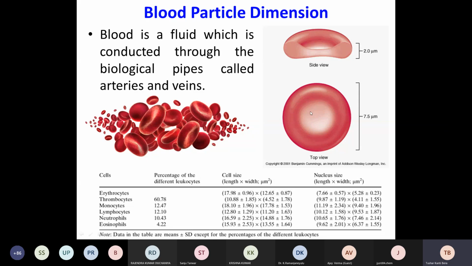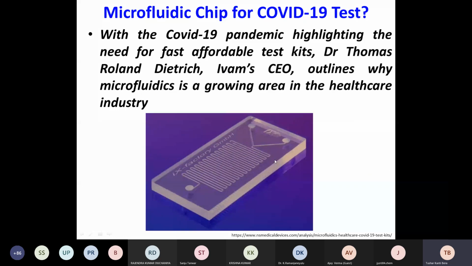So these are the dimensions of the red blood cell, so that we can understand at what dimension it is there. Accordingly, we can micromachine our device, like a microfluidic channel. Otherwise it will be either much larger than the blood flow, or much narrower for the blood particles. So this is an example of one microfluidic device where you can apply biotechnology and we can study the cell culture